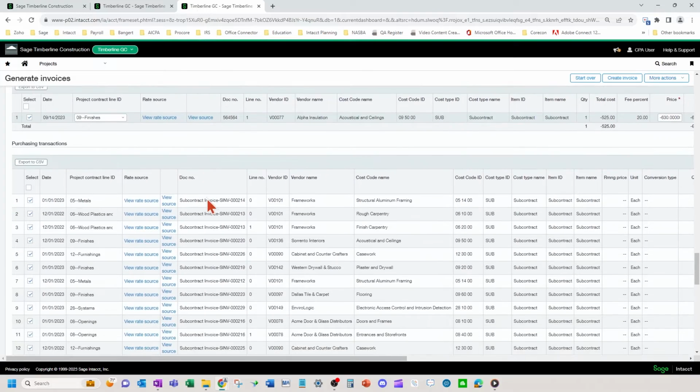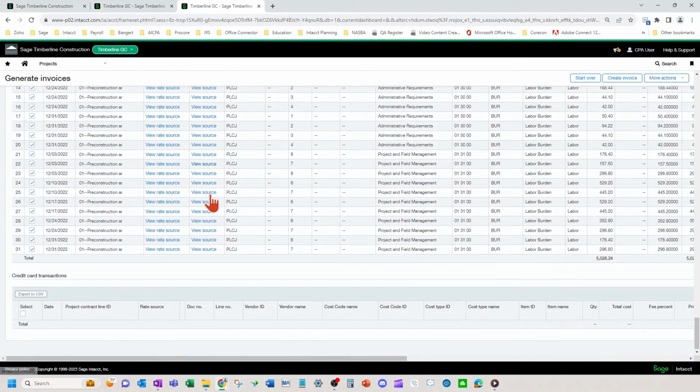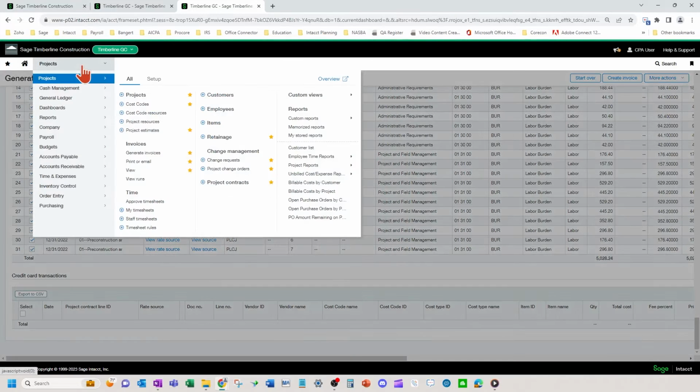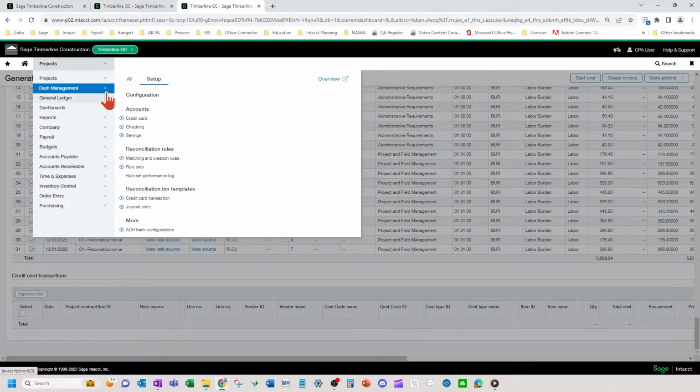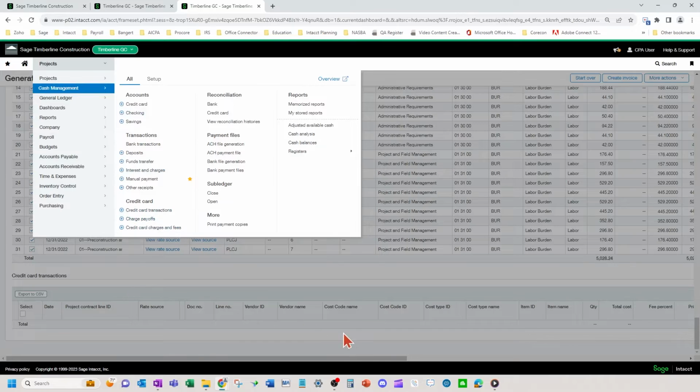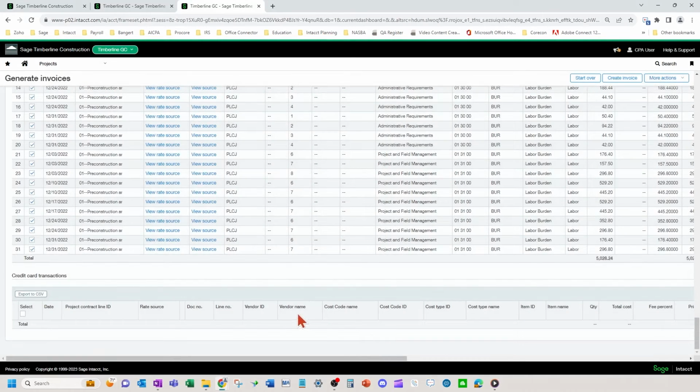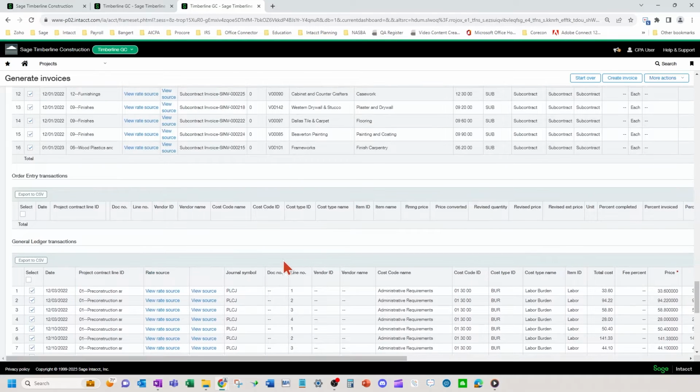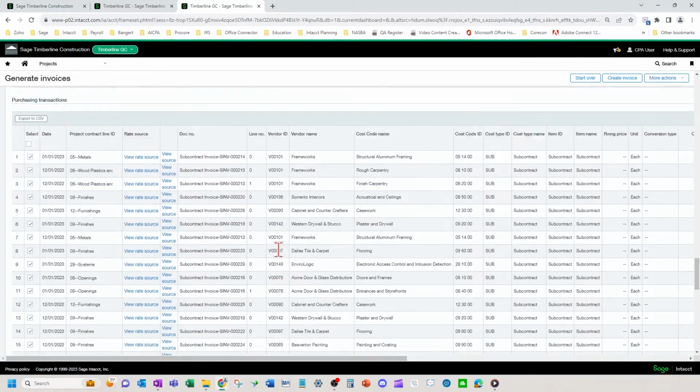Now, similar scenario, if you had a credit card transaction that you had previously billed to the customer and you need to show it on the next one as a negative credit card transaction, you could use the same methodology and go into the credit cards and create a negative transaction. Okay. Same with any of these others. You know, if you had a general ledger entry, miscellaneous cost, you push through to them on the prior billing and you need to come in and on the next billing create a negative, that is also available to do.